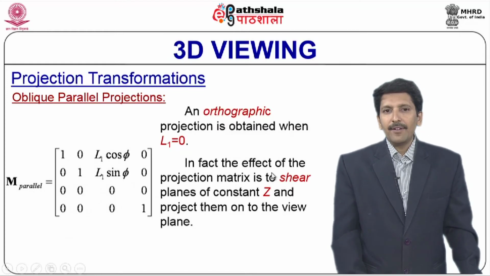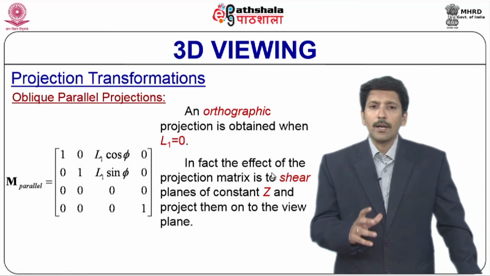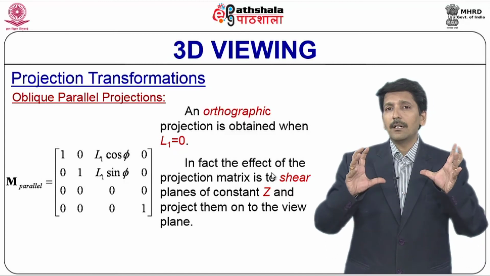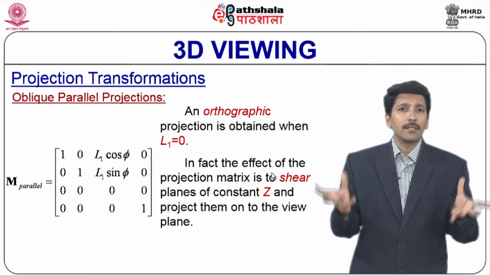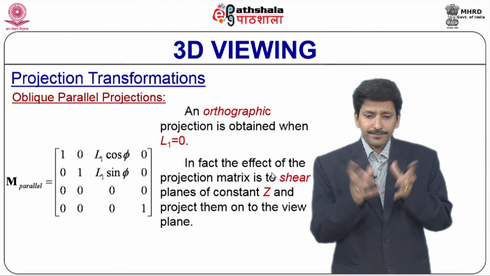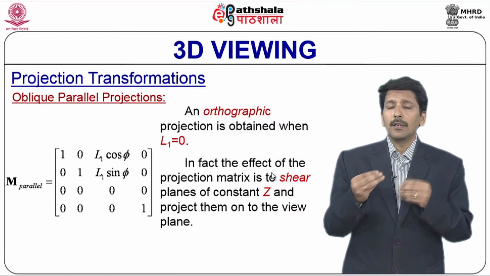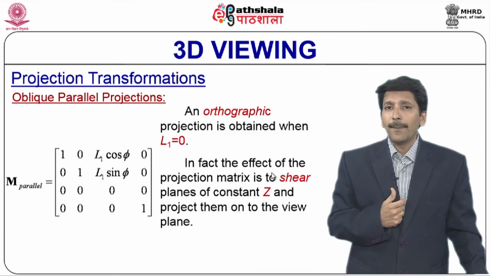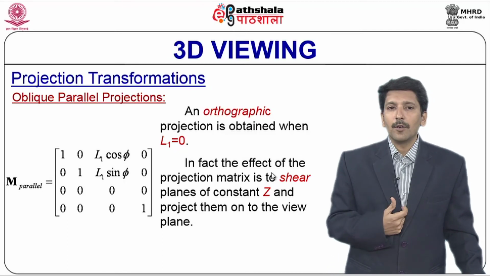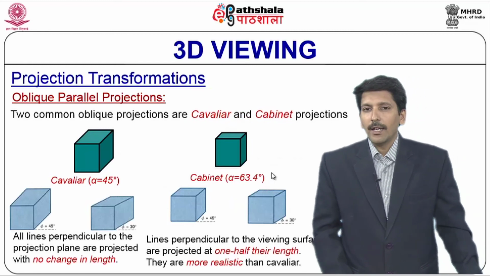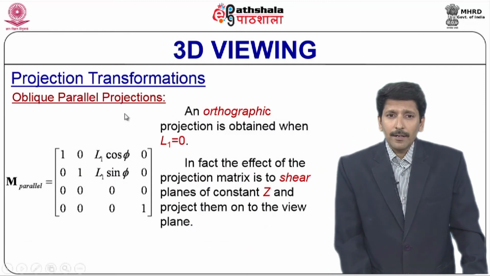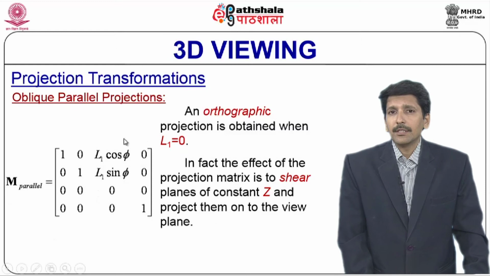Now, what is the effect of this matrix? We have performed a transformation, so how does it affect the object? Will it change the view of the object, will it give us a different view, or will it mislead us in how the object looks? How does it influence the way we observe the object? This is the way we can imagine that to be. As you can see here, if you observe this matrix carefully, these two coefficients are non-zeros or non-ones.